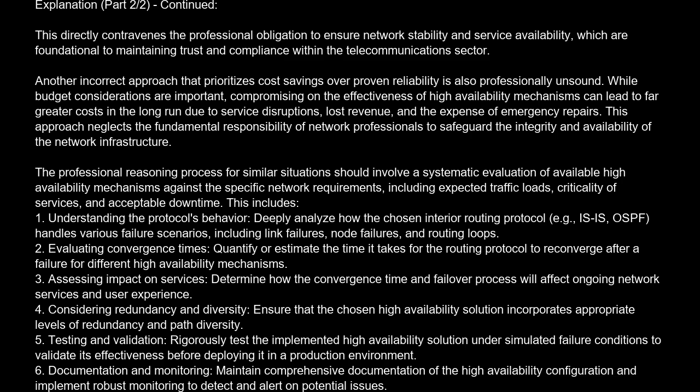5. Testing and validation. Rigorously test the implemented high-availability solution under simulated failure conditions to validate its effectiveness before deploying it in a production environment. 6. Documentation and monitoring. Maintain comprehensive documentation of the high-availability configuration and implement robust monitoring to detect and alert on